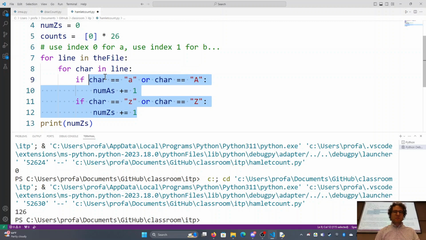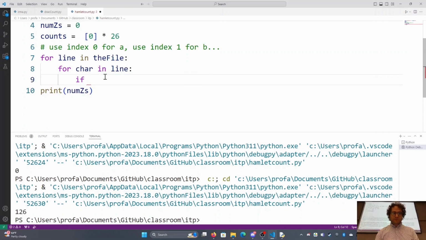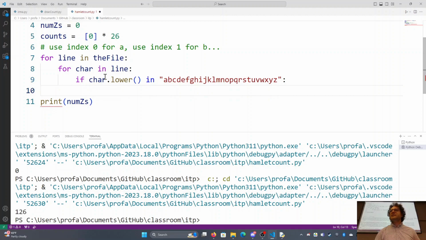What I would do over here is: if char.lower() in A, B, C, D, E, F, G, H, I, J, K, L, M, N, O, P, Q, R, S, T, U, V, W, X, Y, and Z, I would do all that. Make the letter lowercase if it's one of the alphabetic letters, which I could have done a lot quicker, but hey, I was already typing it out. Okay, if it's that, then